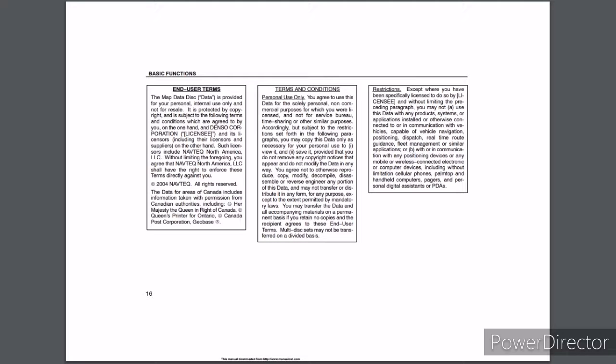The map data disk data is provided for your personal internal use only and not for resale. It is protected by copyright and is subject to the following terms and conditions, which are agreed to by you